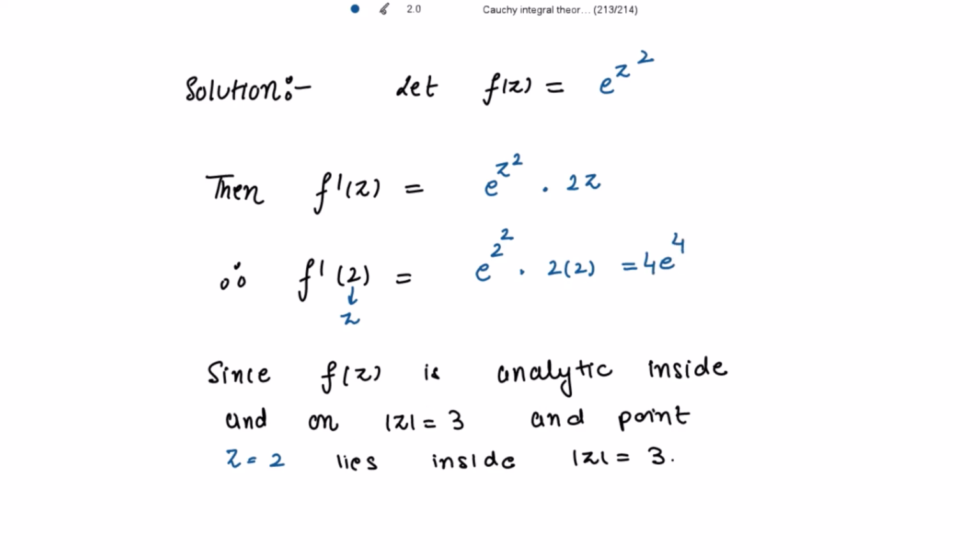Now since this function is analytic inside and on mod z equal to 3, and the point z equal to 2 lies inside mod z equal to 3,